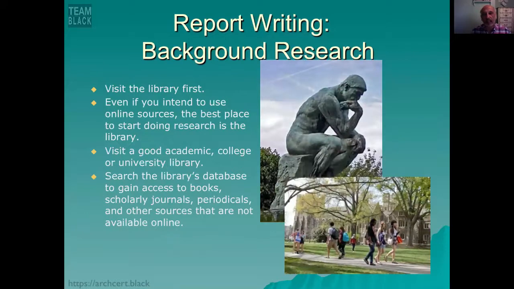So we're now getting ready to do the report writing. But the very first thing we need to do is to assemble our background research. And when we do the background research, we should visit our libraries. And I would recommend going to an academic or college or university library. Even if you intend to use online sources through the internet, the best place to start doing research is the library. The reason I say that is, as much as the internet and the electronic media is a tremendously valuable source,